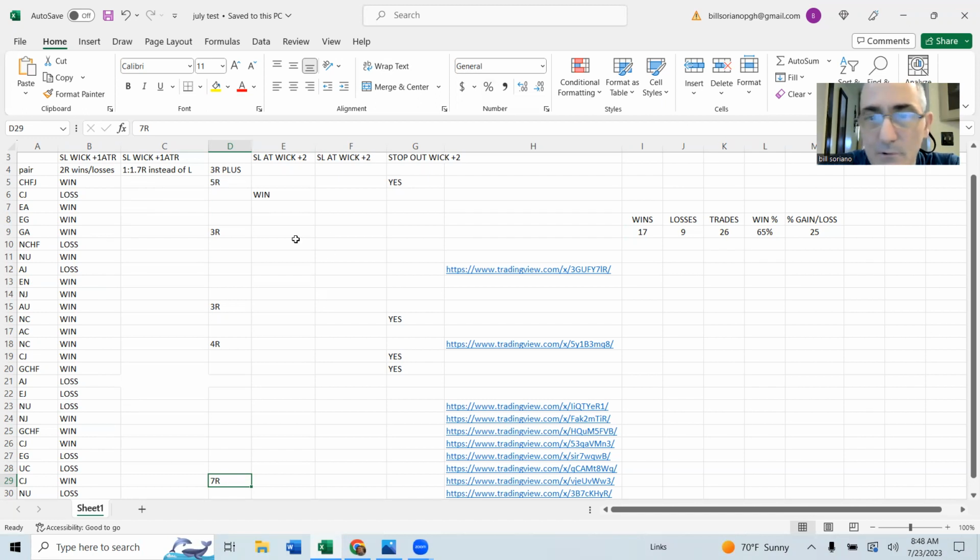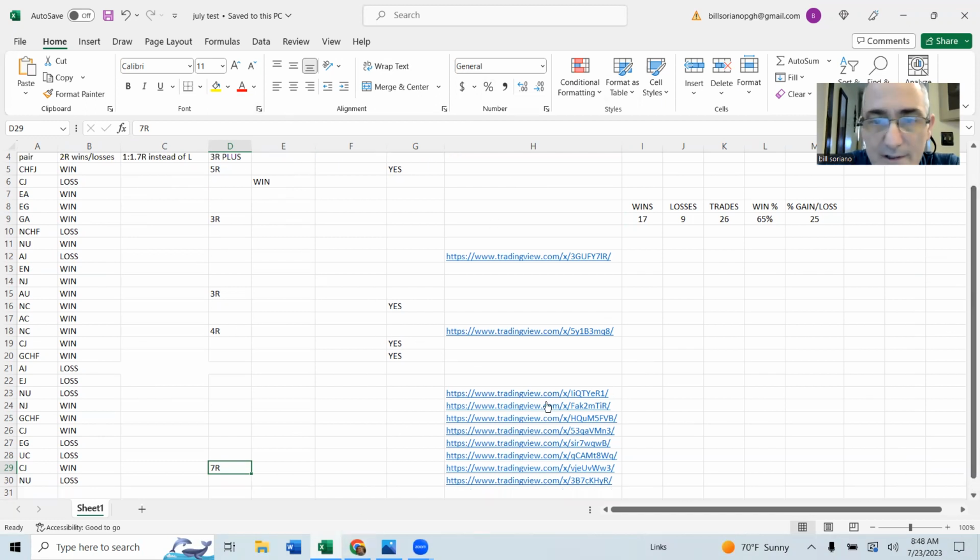And we'll clean this up a little bit here to make it look better. I was just testing a couple other things out this month, and so we'll clean this up, and then every month we'll post this in the group so that you can see it. And we'll also try to get an image here, the final image of the trade, so that you can see